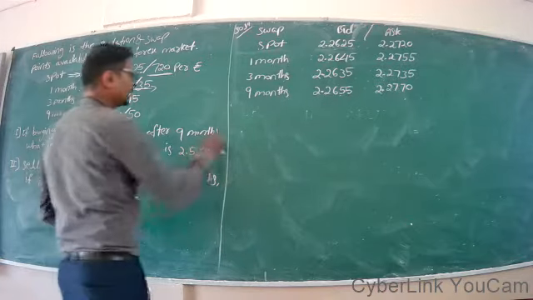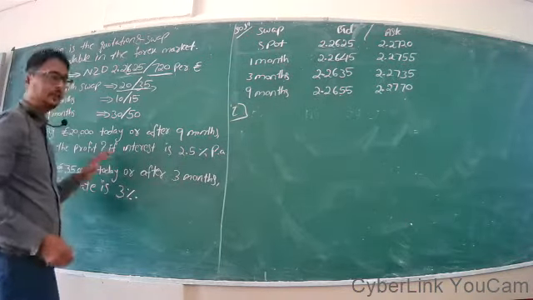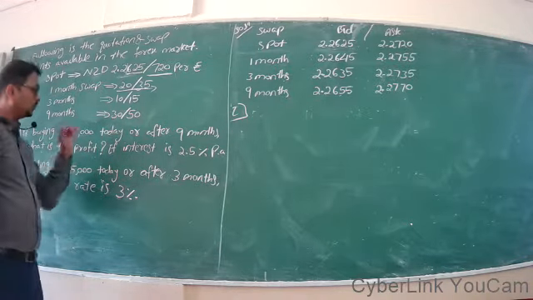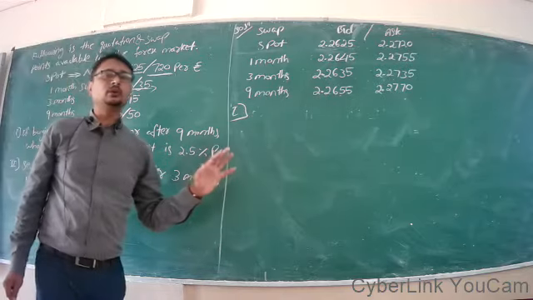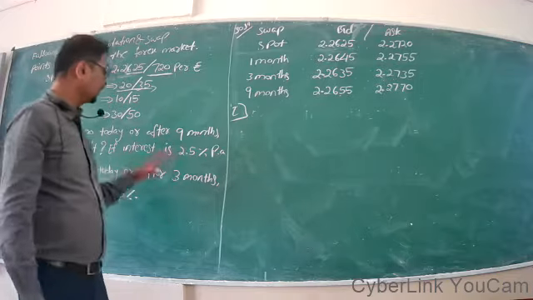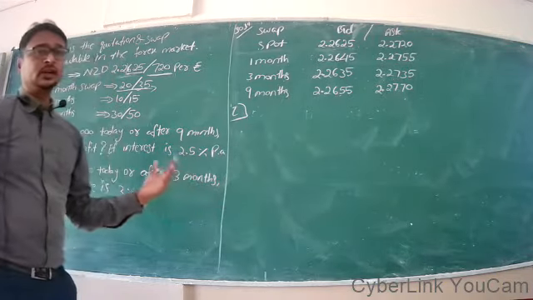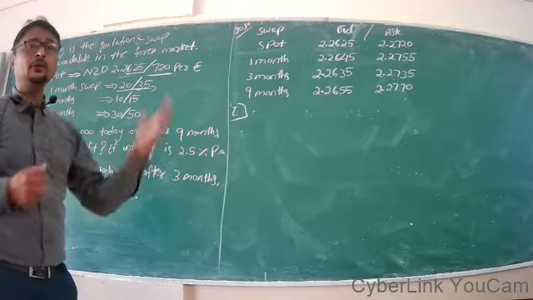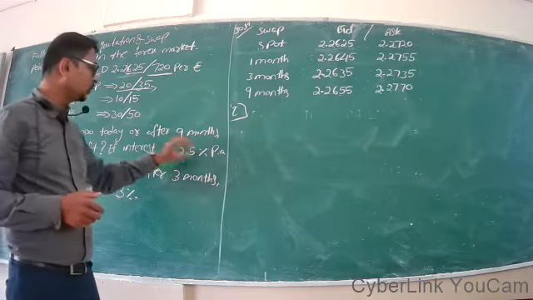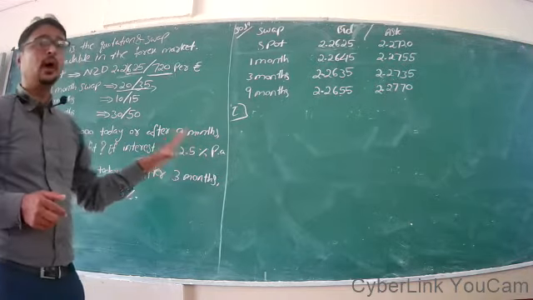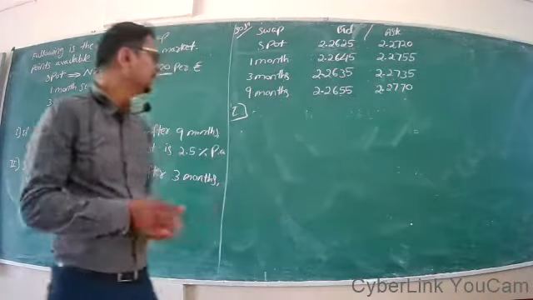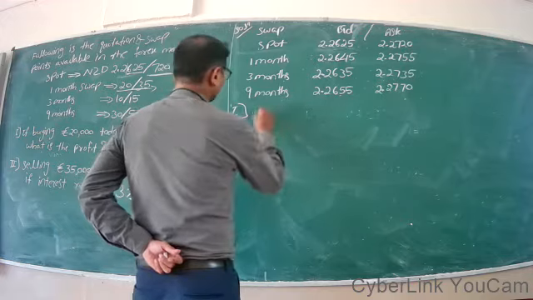So the first problem they have given has two parts in itself. Buying today or after 9 months is one thing, and the other is what happens if the interest rate is 2.5% per annum. It is assumed that if you need to shell out New Zealand dollars to buy euro, you have to borrow the New Zealand dollars, right? If you are borrowing the New Zealand dollars at 2.5% for 9 months, what happens? And if you are paying today itself at the spot rate, what happens, right? Let us see.